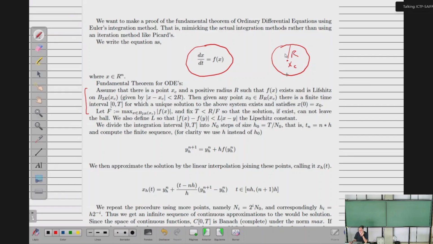So these are all points such that the norm of x minus xc is less than r. This is in any norm, no problem. So we have this thing here. So we take r such that in a bigger ball of radius 2r, this radius is 2r,